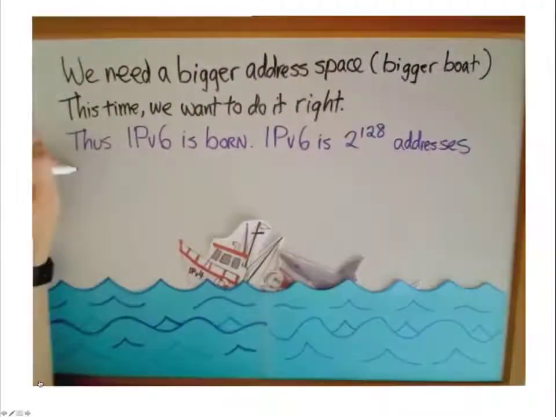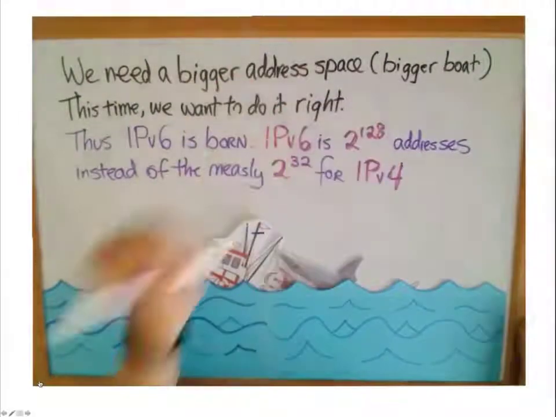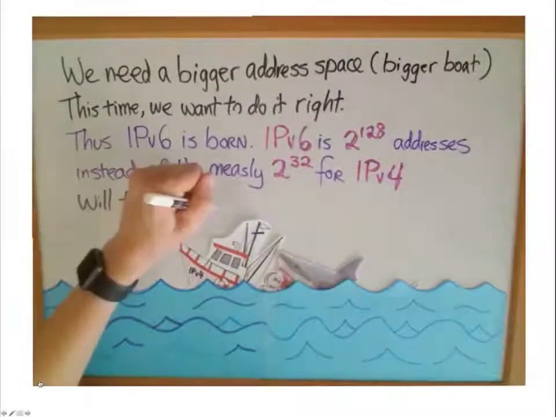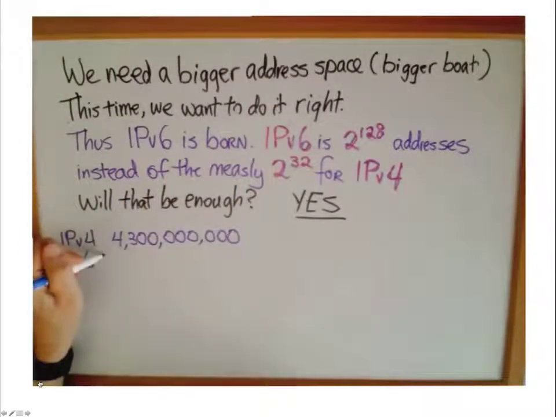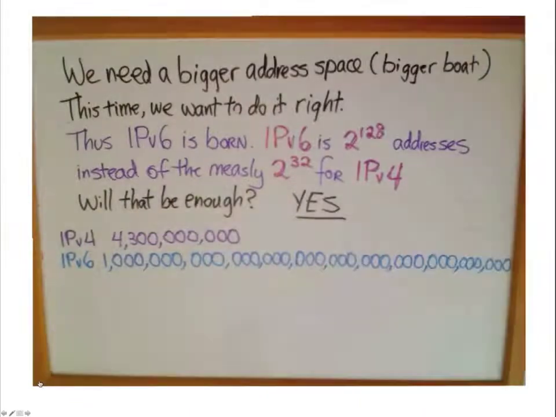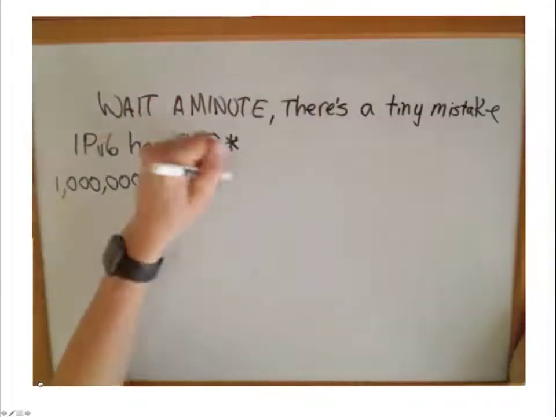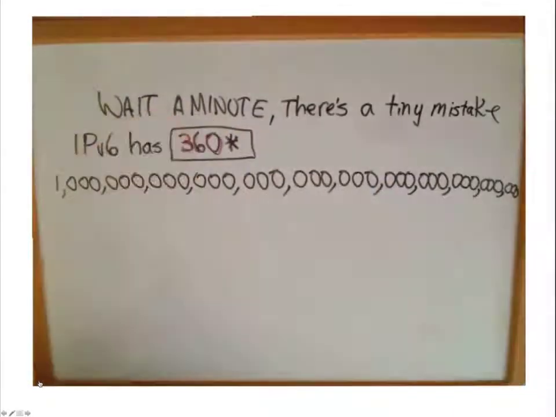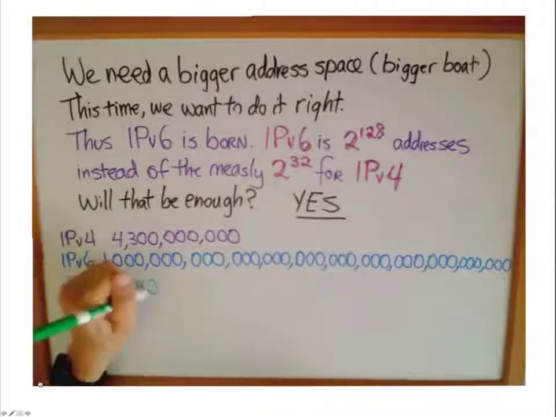Thus IPv6 is born. IPv6 is 2 to the 128th addresses instead of a measly 2 to the 32 for IPv4. Will that be enough? Yes. IPv4 is 4.3 billion. Wait, IPv6 is 340 undecillion, that's 360 times that gigantic number. That's an undecillion. So as I was saying,